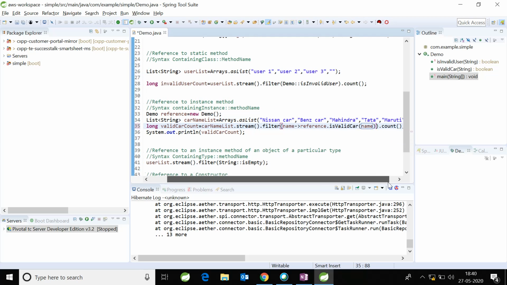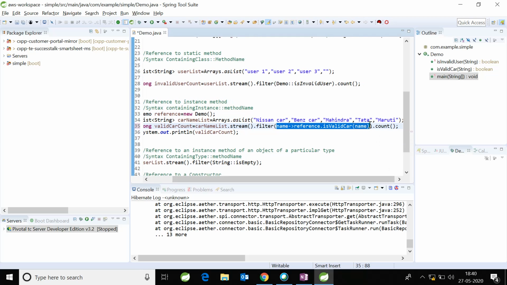So this is the original lambda expression without the method reference feature. There is an object, and the object is calling an instance method, and it is taking an argument, the parameter name of the car.